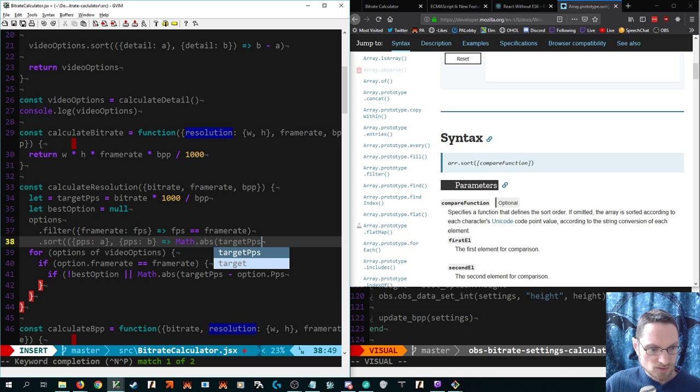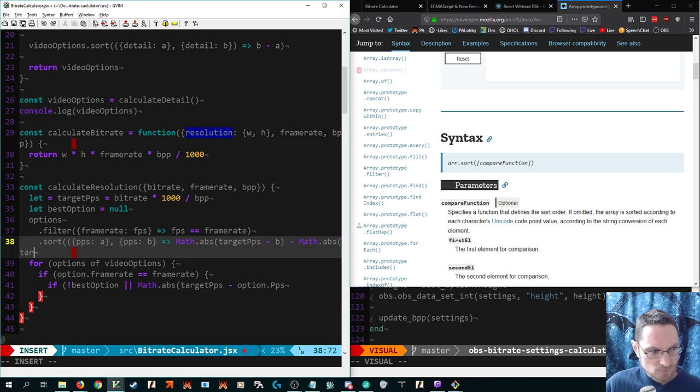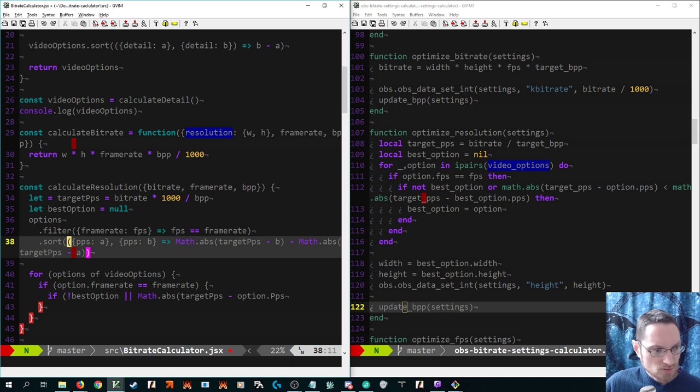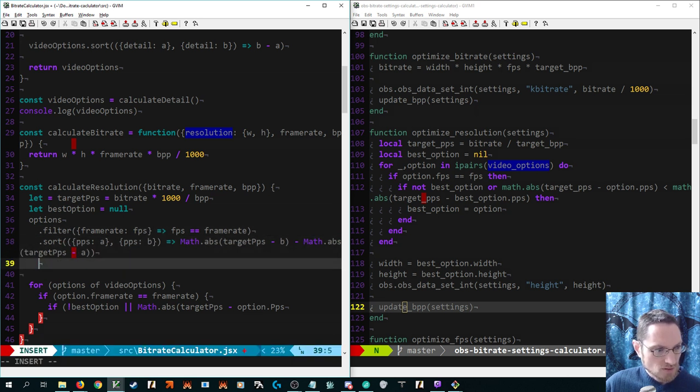Target pixels per second minus A, B minus math.abs, target pixels per second minus A. And less than. If this is less than, so that, oops. Right, our parameters. And then